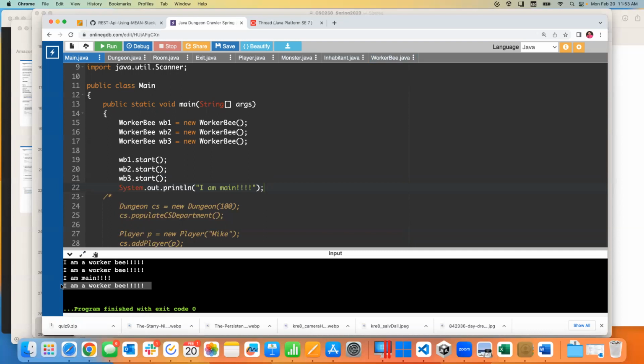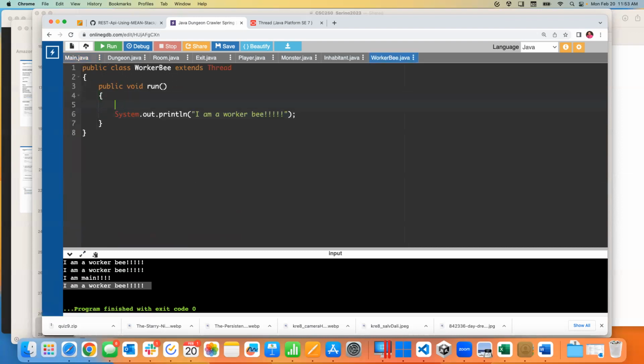But it's because behind the scenes, the operating system is scheduling those threads for CPUs, and IO writing stuff to the screen is slow. I think I've shown that at some point where you write a for loop that just counts, it's super fast. You write another for loop that counts and prints to the screen, super slow, because writing stuff out to the screen is a very expensive task. So now let's go into our worker bee, and why don't we say while true,